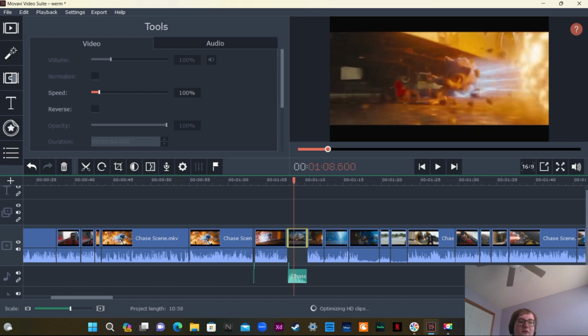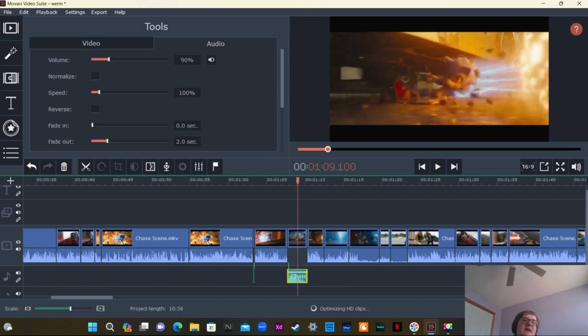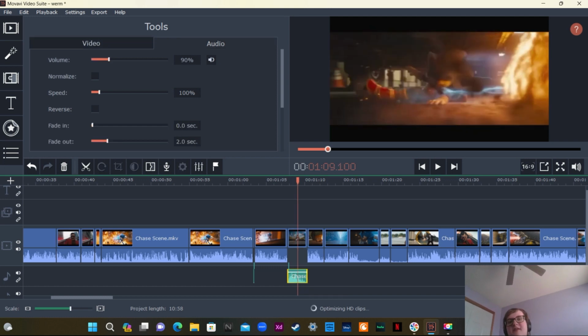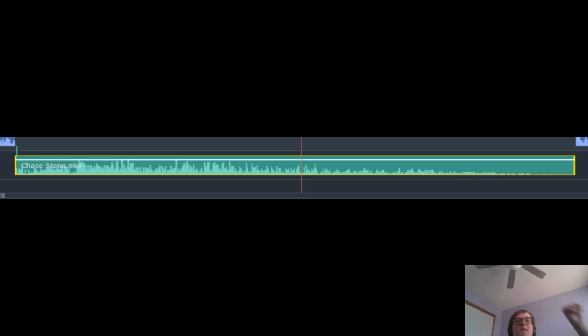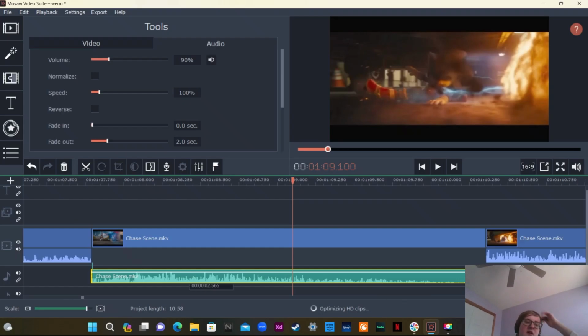What you're going to want to do is start the audio out loud at like 90% or 100%, and then slowly fade out the audio. If you can see this green line right here, the audio just becomes more and more quiet as it goes on. Because what happens if I just play the audio at normal, it does the sound effect